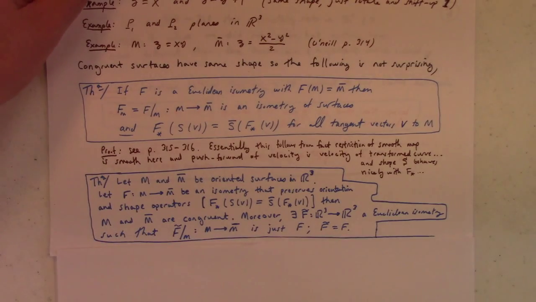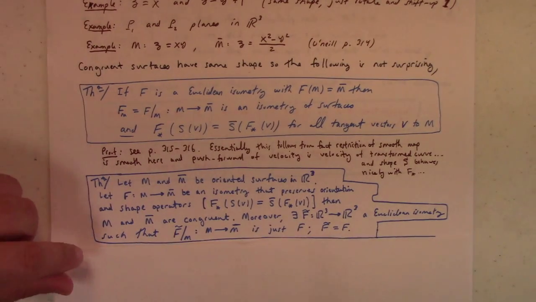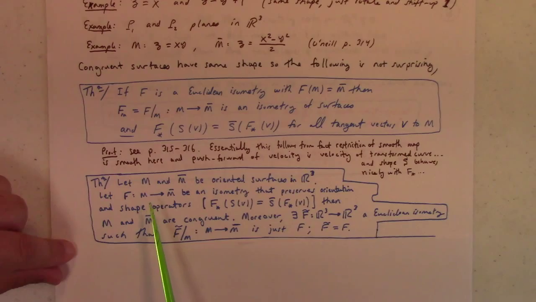And then the other theorem he has is this: if M and M bar are oriented surfaces in R3, and F from M to M bar is an isometry that preserves orientation and shape operators, in other words, the push forward and the shape operator commute in the natural way,